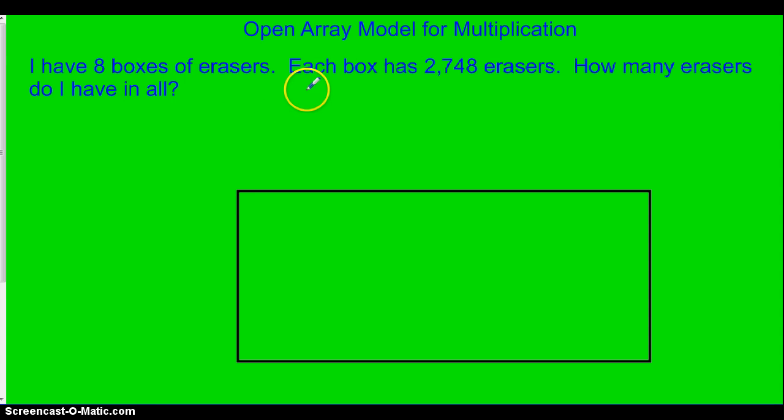Well, we know that the expression I would write to solve that would be 8 groups, that's my boxes, of 2,748. In the open array model, we're basically breaking apart the harder numbers by its place value or in its expanded form. So if we look at the open array, we know an array has rows and how many are in